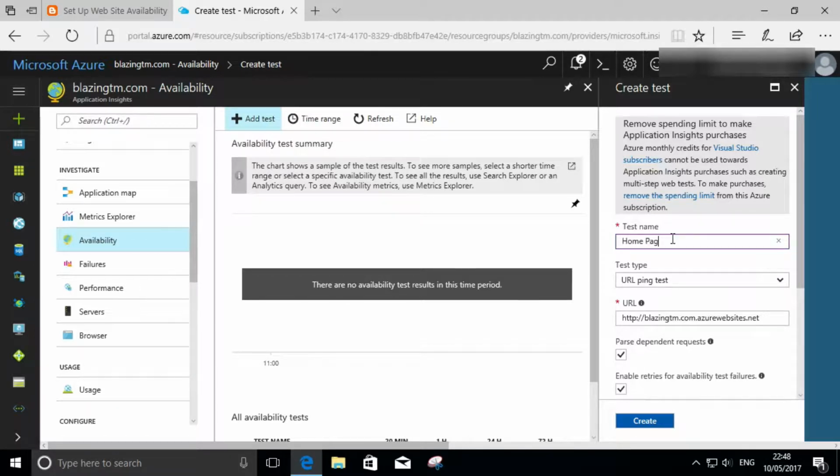First we'll give our test a name, in our case homepage, and we select a type. There are two types: simple ping test, or multi-step web test, but they're a bit more complex and they're also chargeable ones, so we won't deal with them today. Next we enter the URL of the website or the page that we want to test. In our case we just use a blog,